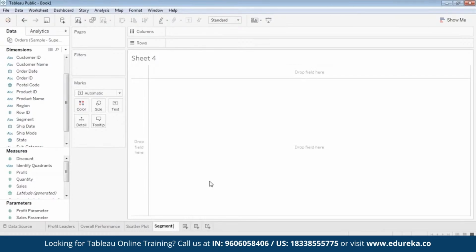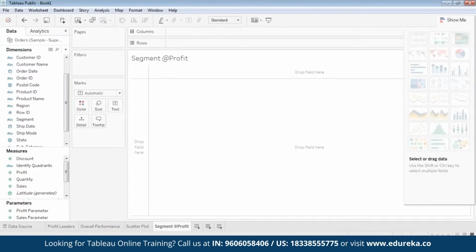So segment at the rate of profit, in terms of profit. So we will create two sheets, guys, in terms of profit and in terms of sales. Let me just click on it. Now in this sheet, segment at the rate of profit, we will be using representation as pie chart. Most of you guys